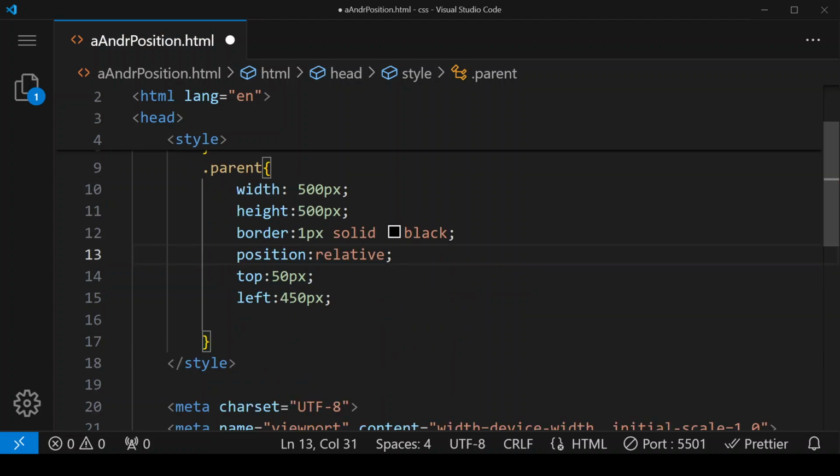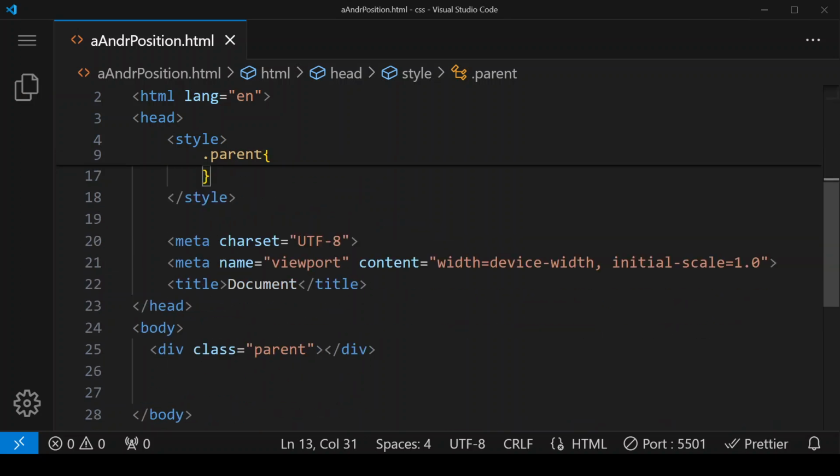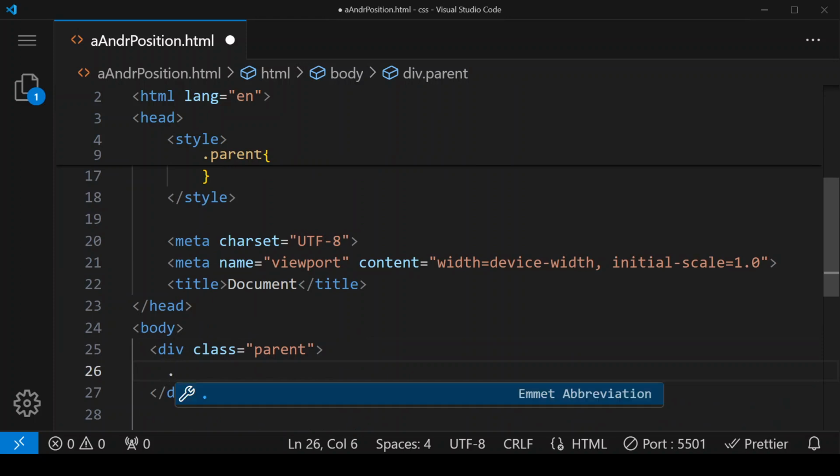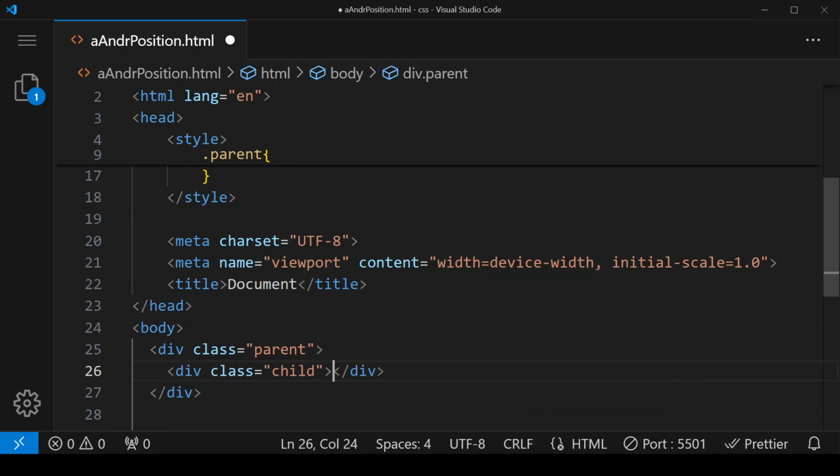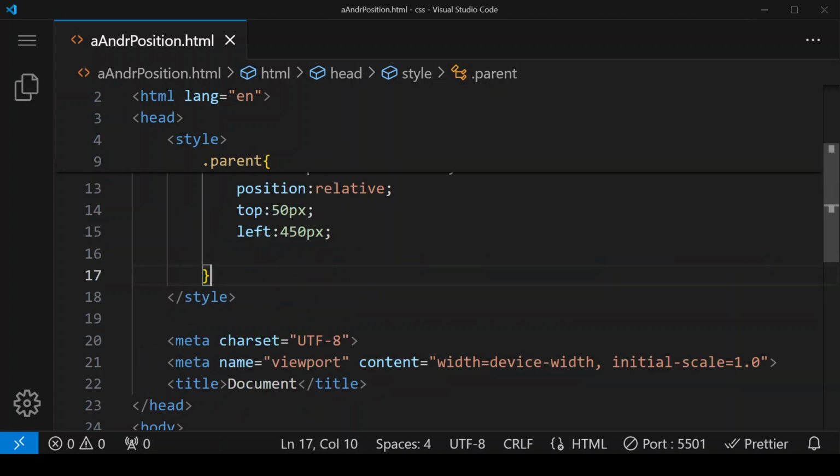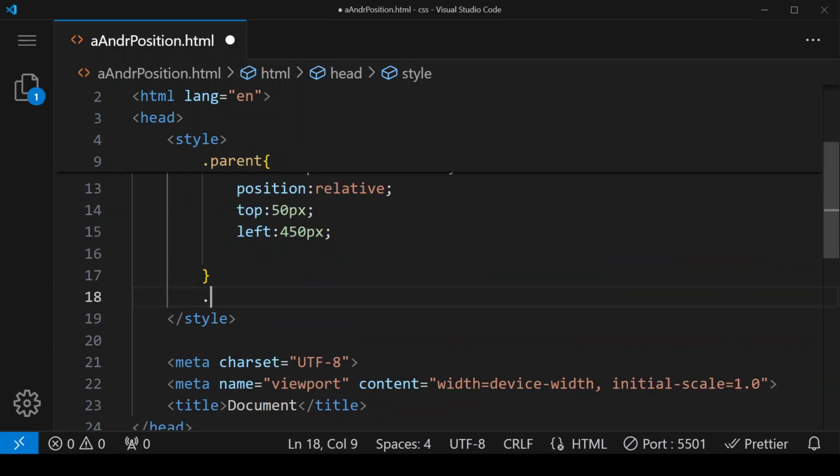Now I'm creating one more class within parent class, and that is its child class. So in this div I'm creating one more div to which I will be assigning a class child. So this is another div inside parent, and it is the first child of this div. Save it, and here after creating parent class I'm creating child class,